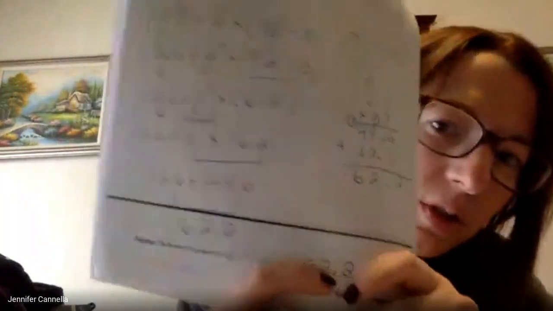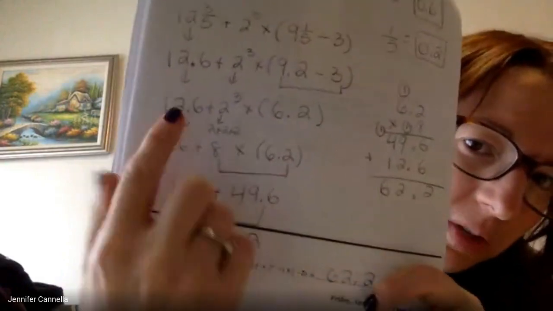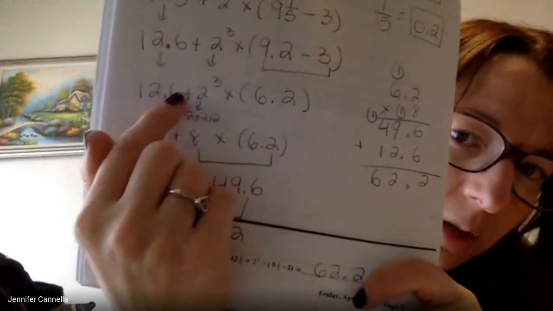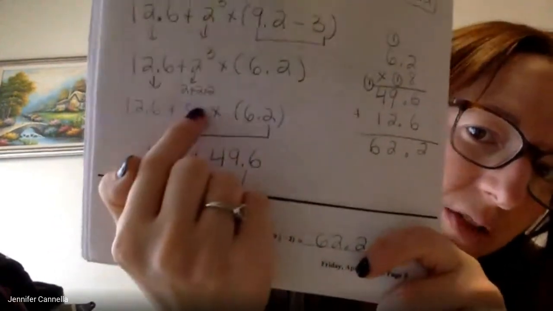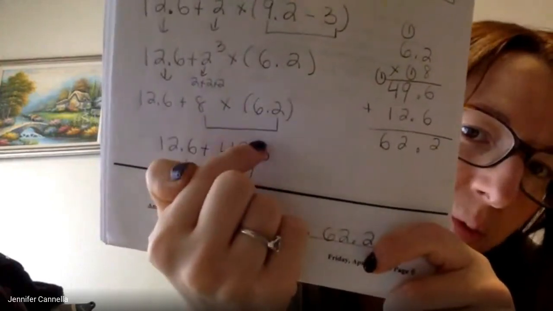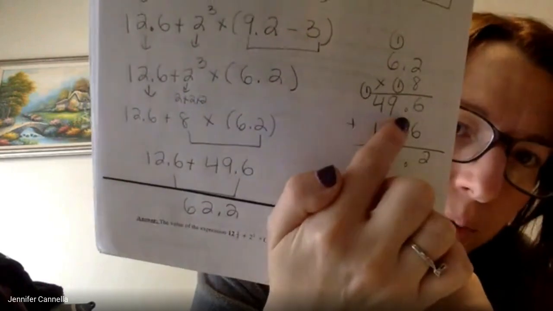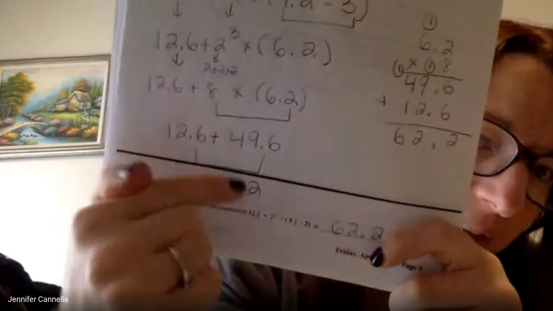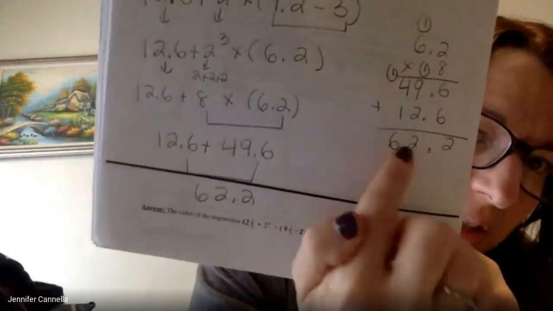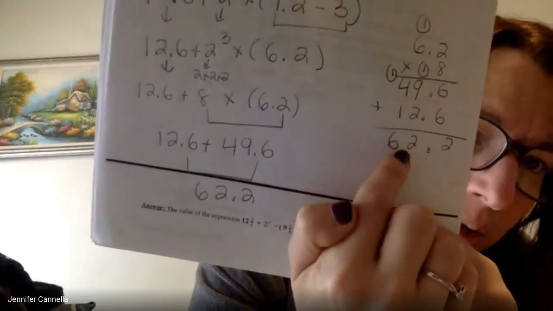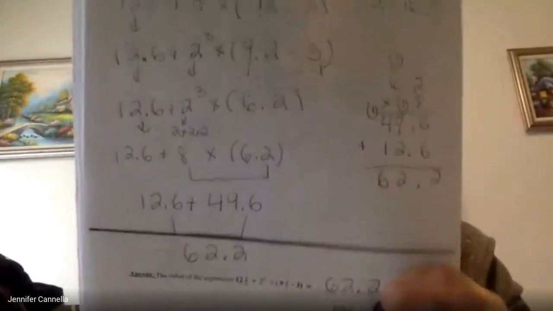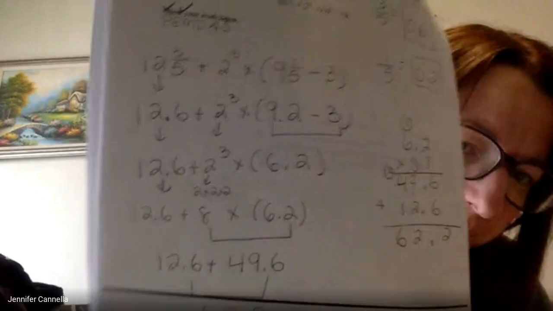Since Esther's was a little bit blurry, I'm just going to show mine. It's the same that she did. So she wrote 12.6 plus 2 to the third, which is 8. And then she took 6.2 and multiplied 6.2 times 8, which I got 49.6 like her. I then added the 12.6 on the side. I got 62.2. That is the final value